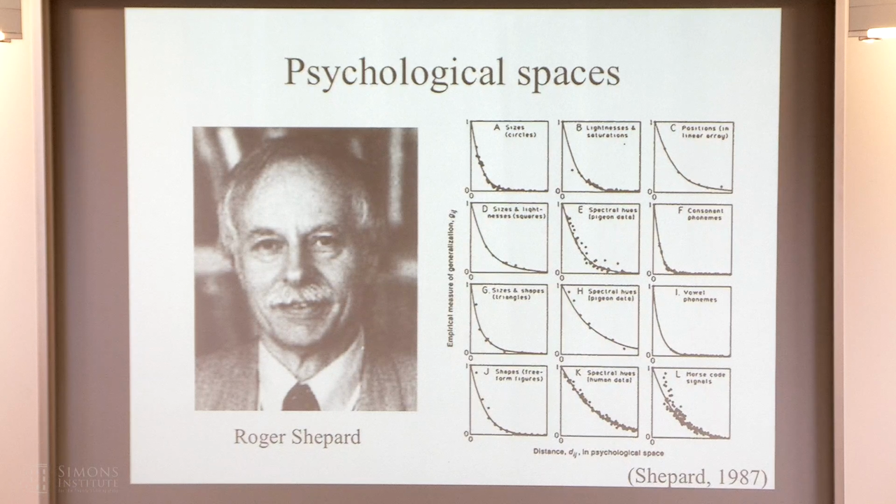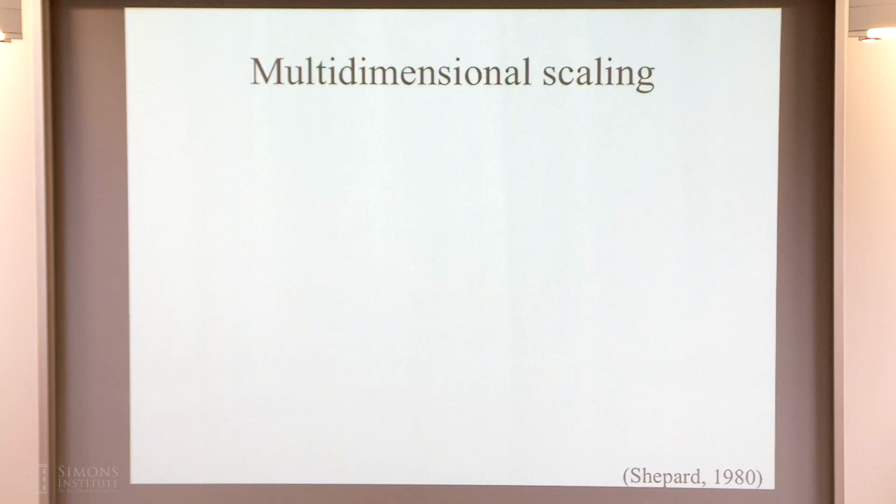And so using that assumption, Shepard was able to do a lot of interesting work trying to reveal the kinds of representations that people have for complex sorts of stimuli. So if you assume that similarity decreases as a function of distance in psychological space, you can use that to try and figure out what the right spatial representations are for a given domain based on the similarity judgments that people produce. And so this is the context in which multidimensional scaling, which you might know more as a general statistical method or a method for doing embeddings, was really developed by psychologists. And Roger Shepard was one of the people who put a lot of effort into that.